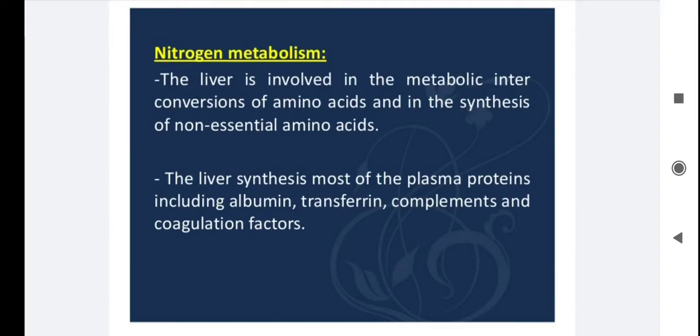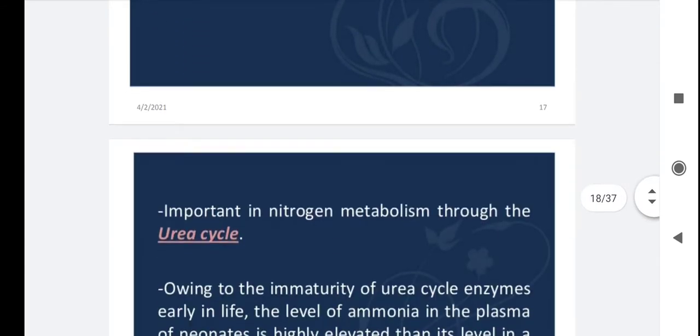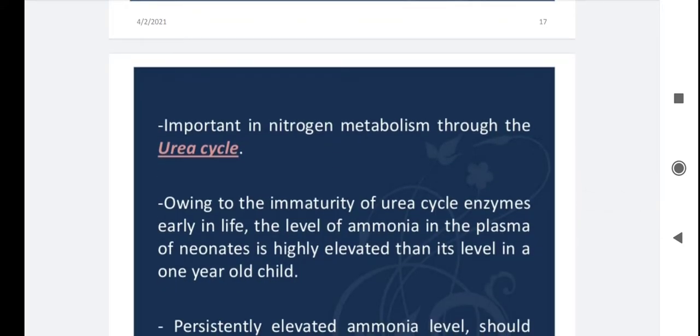We continue our lecture about laboratory examination during childhood. Here we talk about nitrogen metabolism. The liver is involved in the metabolic interconversion of amino acids and in the synthesis of non-essential amino acids. The liver synthesizes most of the plasma proteins, including albumin, transferrin, complement and coagulation factors, important in nitrogen metabolism through